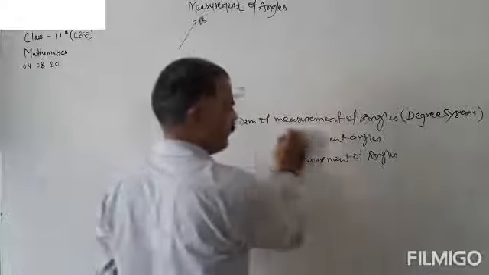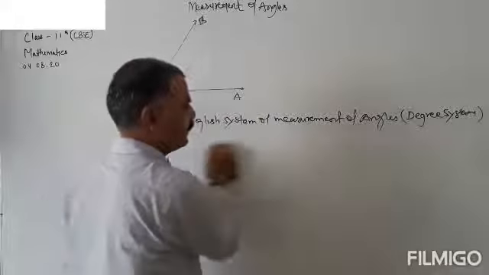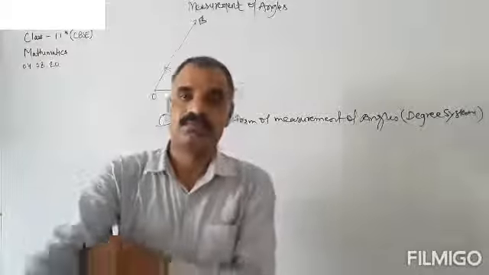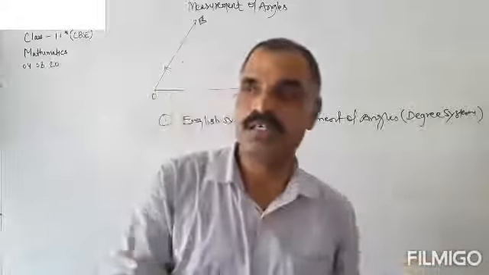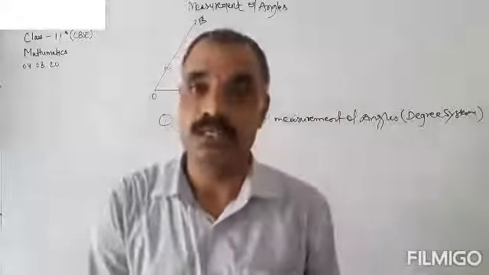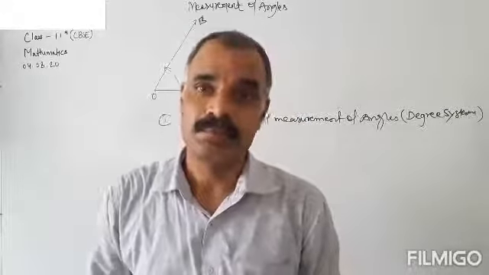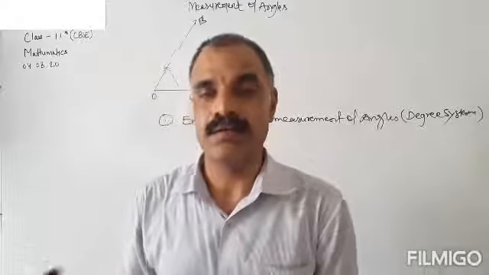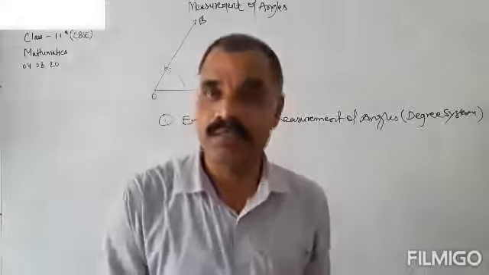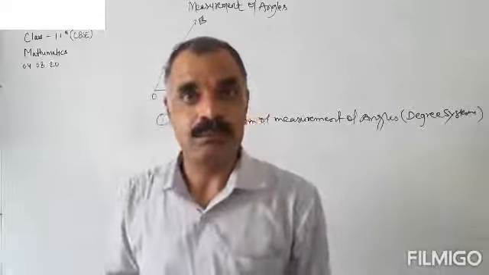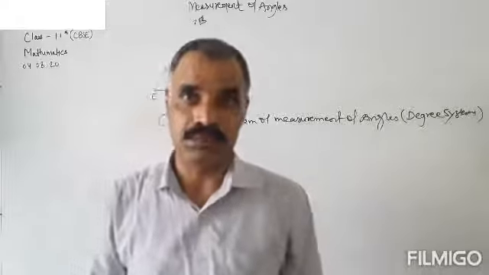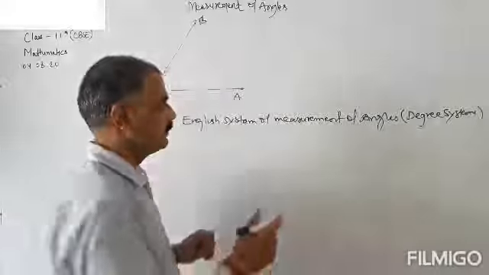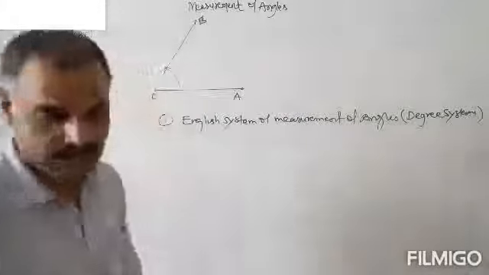So can anybody define the degree? What does it mean by the degree? Everybody knows that 90 degree is equal to right angle, 180 degree is equal to straight angle, 360 minus theta is the reflex angle, 180 minus theta is the supplementary angle, 90 minus theta is the complementary angle. Everybody knows. But what does it mean by degree? Let us define the term degree.